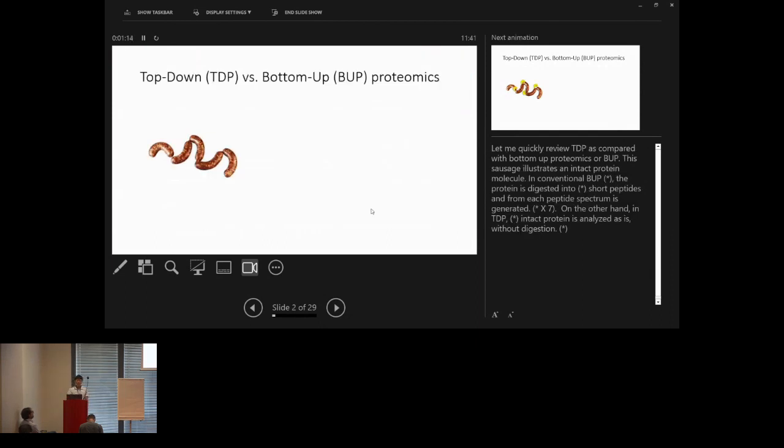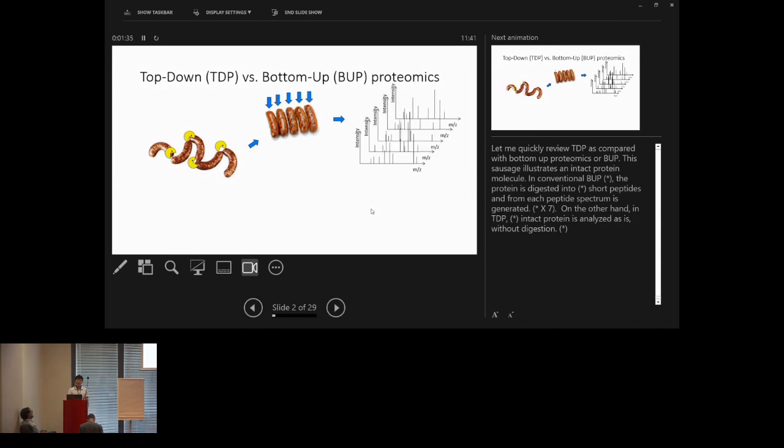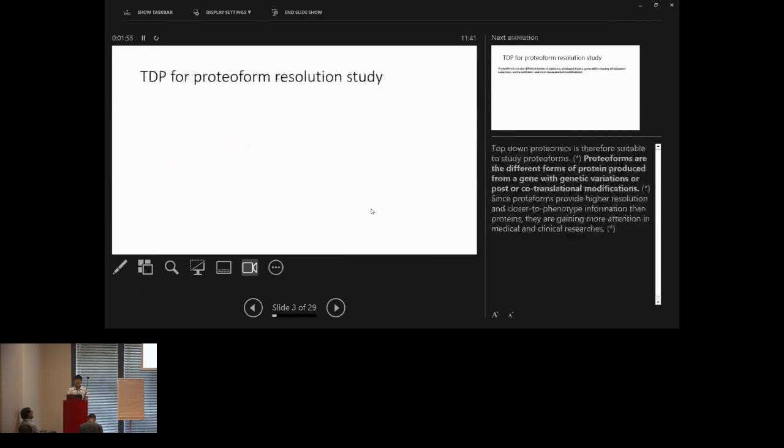So for the audience who are not familiar, top-down is basically illustrated like this. Let's say this sausage is an intact protein, and in bottom-up proteomics, what people do is slice it, cut it into smaller peptides and analyze individual peptides, one peptide at a time, and when we go to the protein, we infer protein level information from those individual spectra. But in top-down, we basically analyze the protein as is, and hopefully we can get more of a bird's eye view of the information, right? So then